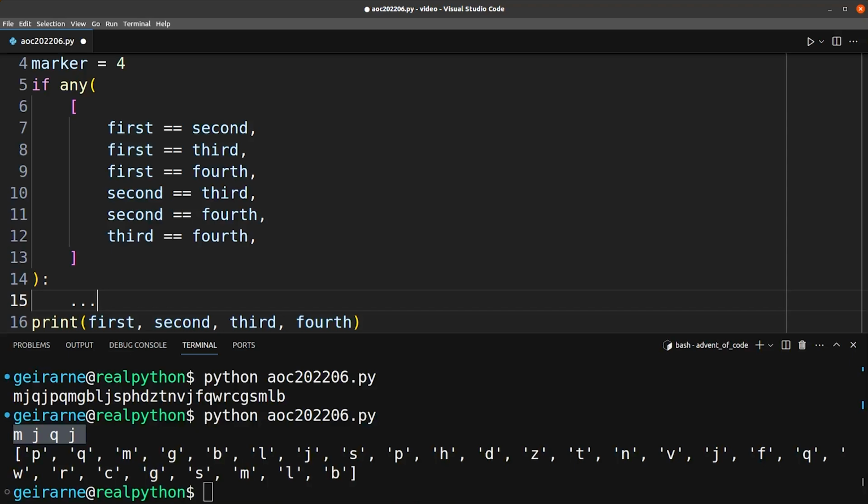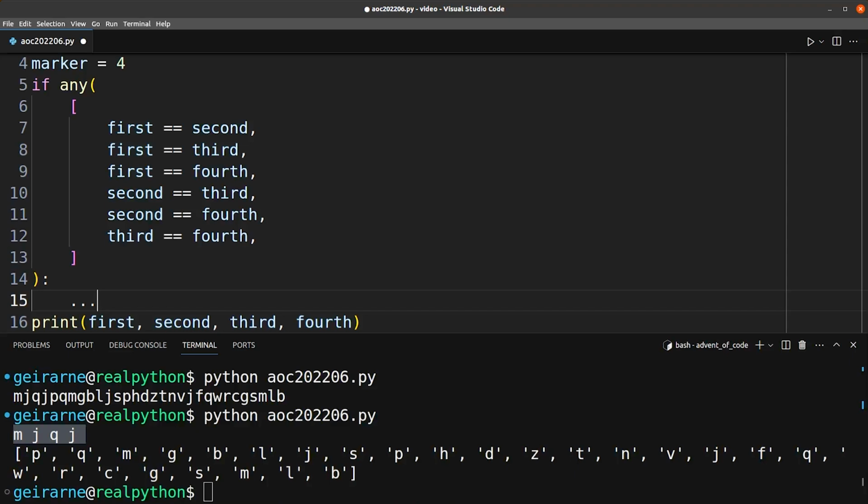So let's quickly recap the code that you have there. You started with an if statement, and then you used the any function. And any checks if anything in a sequence is true. Yes. It's really a fancy way of writing many OR statements together. So instead of what you started with, you just check if any of them is true, then there is a character appearing again in the sequence of characters. Right. And that means that we have a repeated character, which means that we just want to move everything one